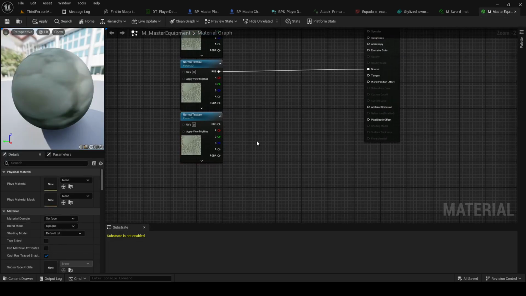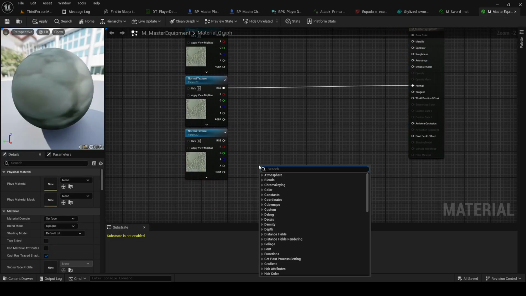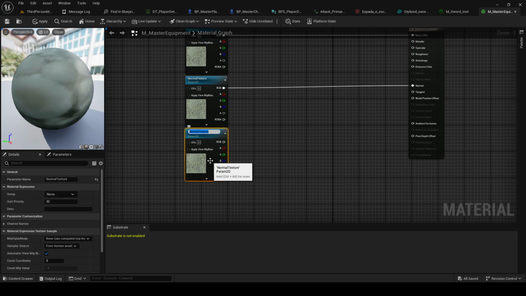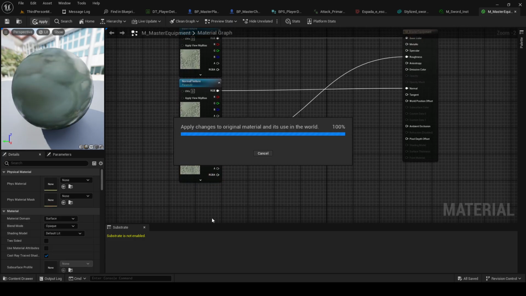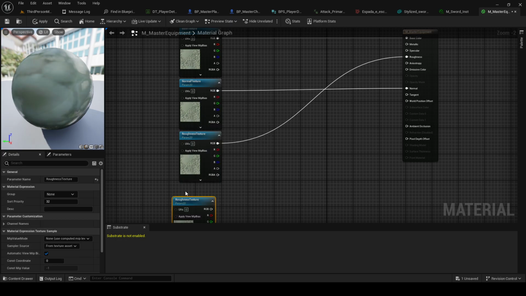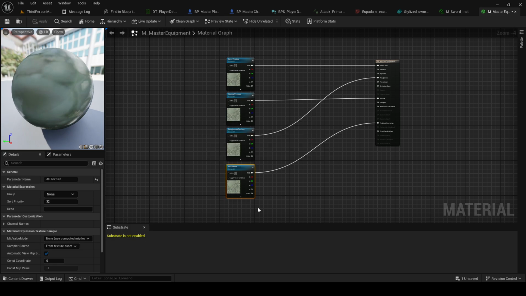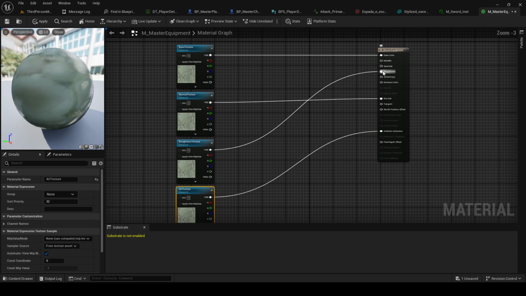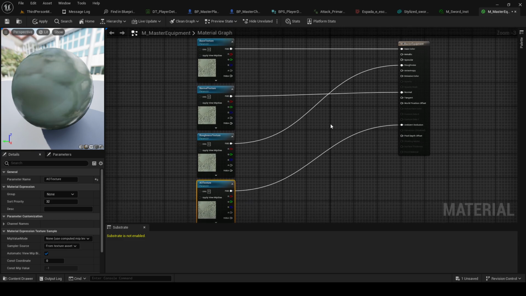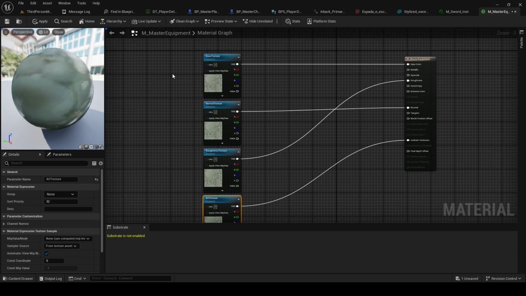But in this one, since that's what we have now, we will make another one called roughness, plugged into the roughness, and another one for AO, for ambient occlusion. And that's because that's what this one uses. Some use the same texture for metallic, roughness and ambient occlusion and stuff like that. So we'll look at that later. But for now,